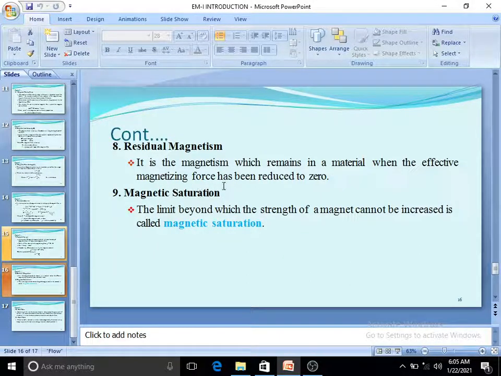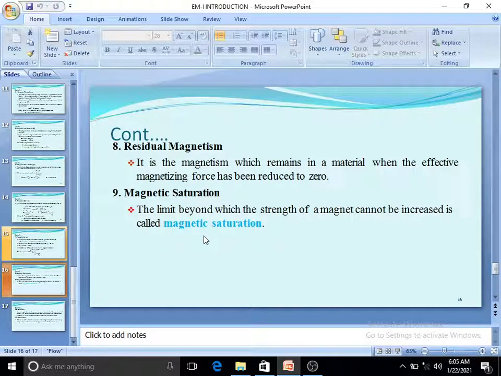So what about the magnetic saturation? Suppose you are taking a current and voltage, and you are increasing the current up to 10 amperes, then you observe the voltage changing from 10 to 40 volts, 10 to 50 volts, like that. After 10 amperes, suppose you keep increasing the current, 11, 12, 13, even though there is no change, the voltage is constant at 40 volts only. That is nothing but saturation.